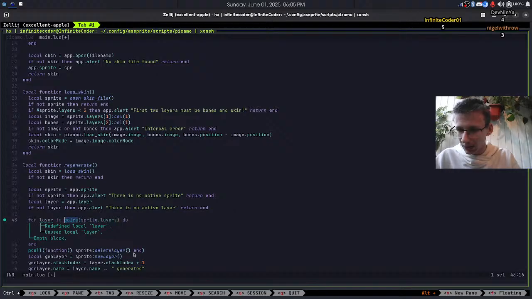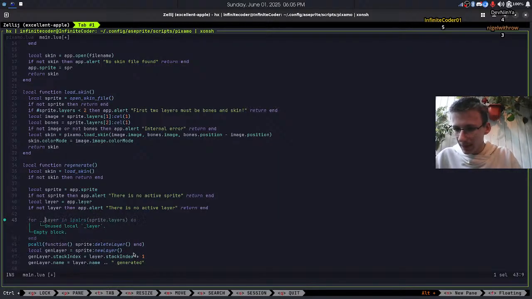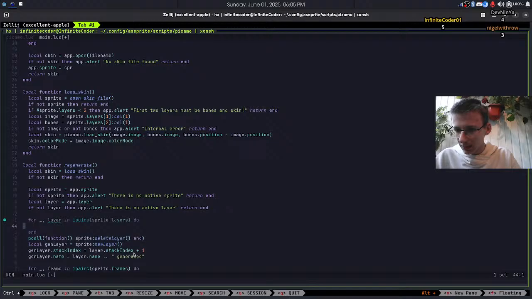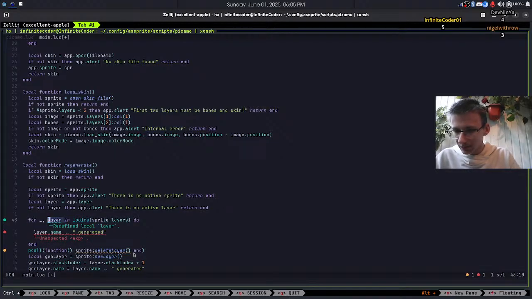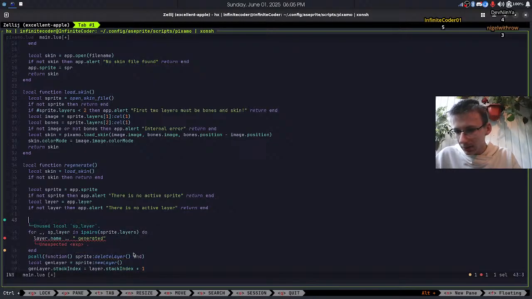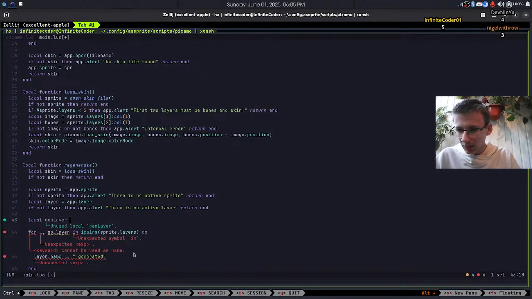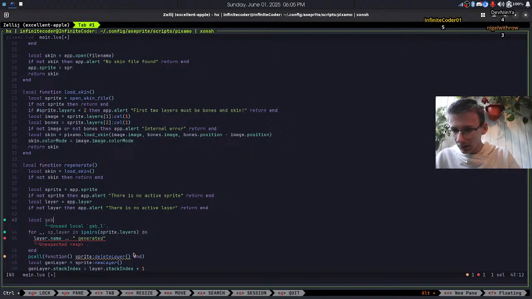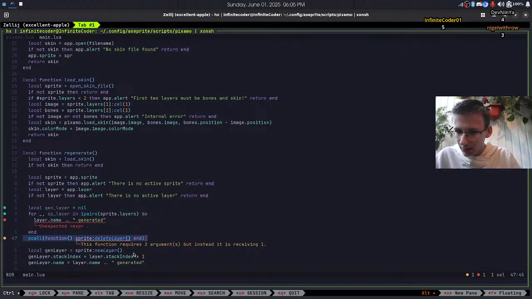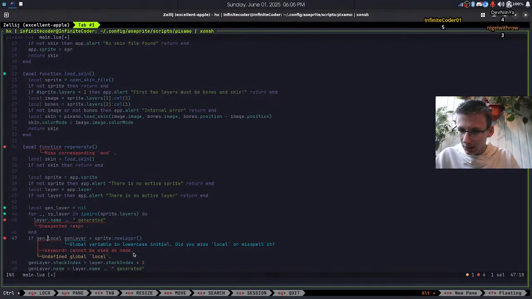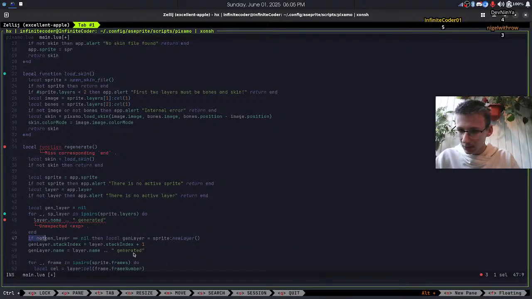I could do ipairs. As a sprite layer, call gen layer. Also gen layer equals nil, and here if gen layer equals nil, then